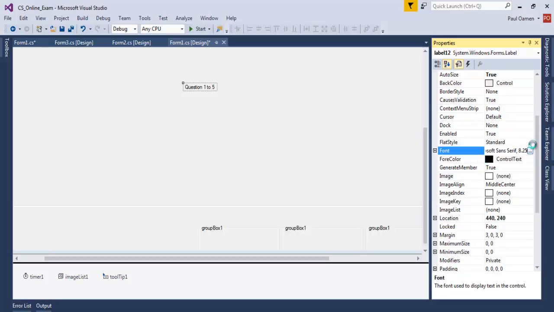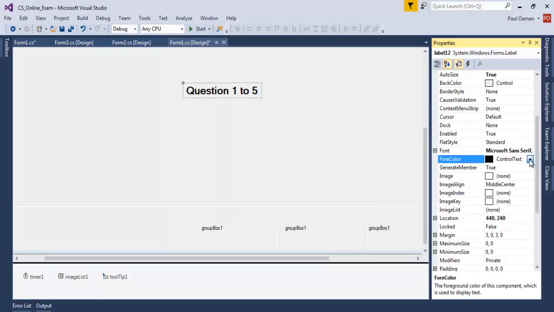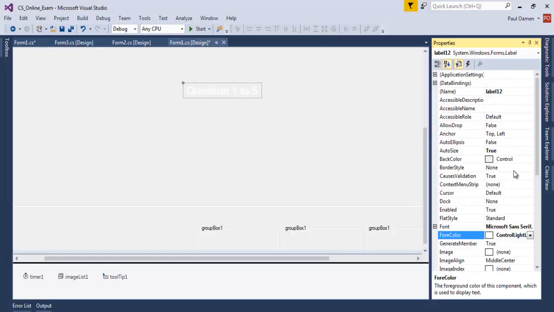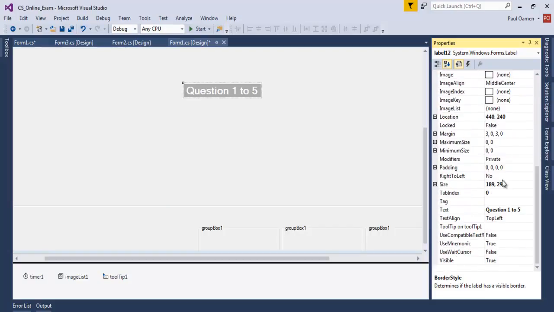and change the font of this label. Now change that to about 18, and the color, make that control light. The border, let's change to fixed single. Back color, I think this one should be none. Yeah, I think so. And the size, let's change to 1000 plus as well,